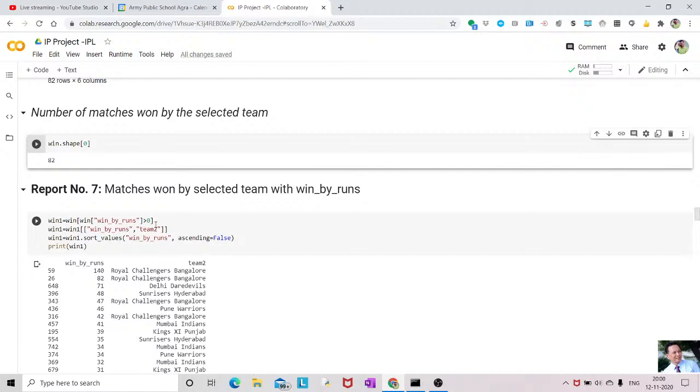So this condition is like, this is the object when one is data frame is equal to when y runs. This is the column greater than 0. So when you say greater than 0, it will extract the data frame and store the data frame in win1. And again, when y runs and team2, so team1 is already there and team2 is here. So when you run this,